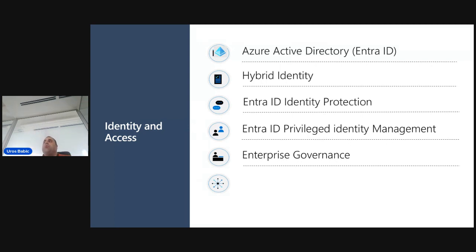Entra ID is the core of any secure solution you will build in Microsoft Azure, and you will need to know how to verify who is accessing your system, for example, what they have access to, and monitor how you're using